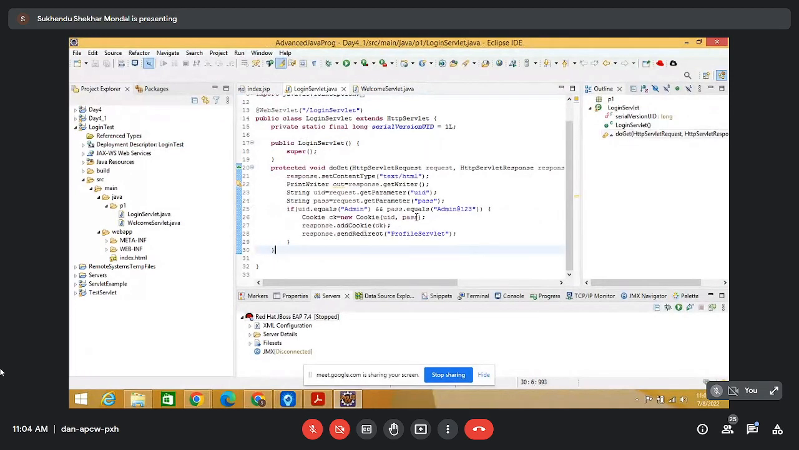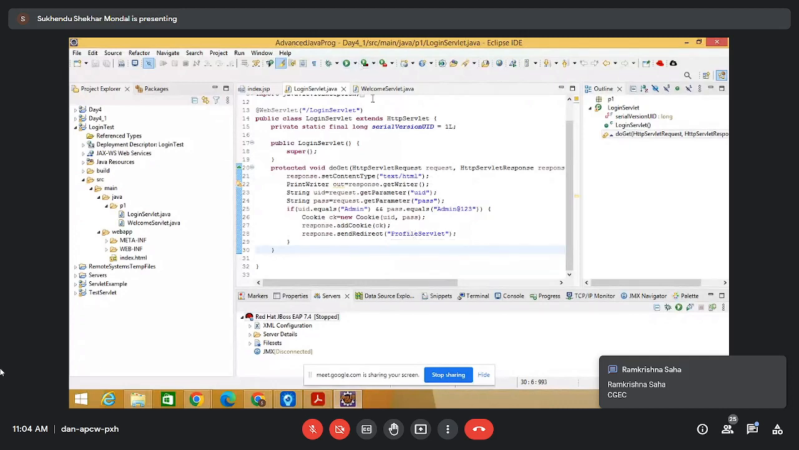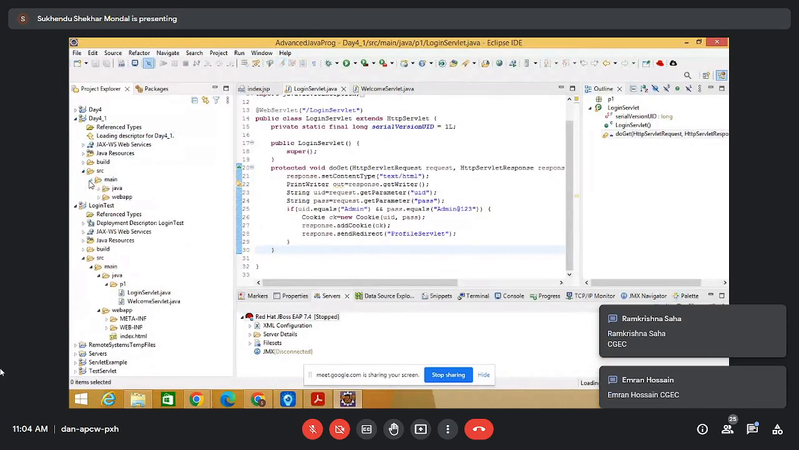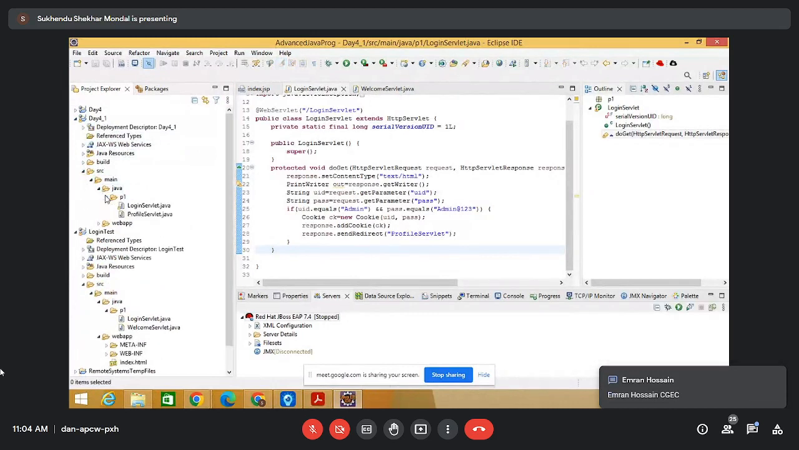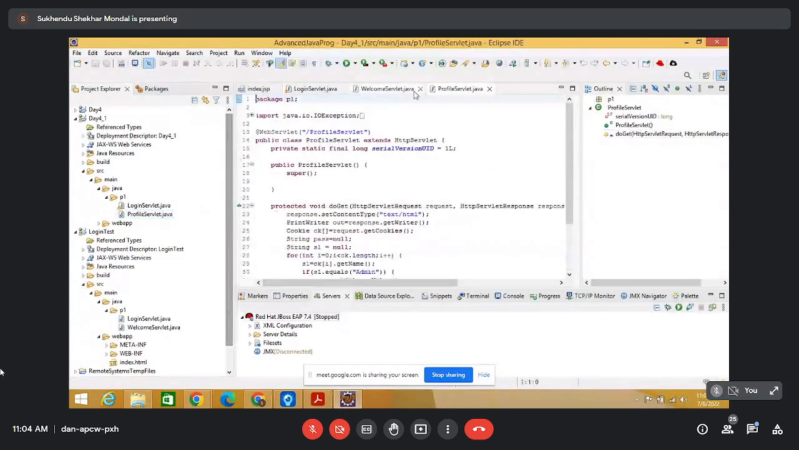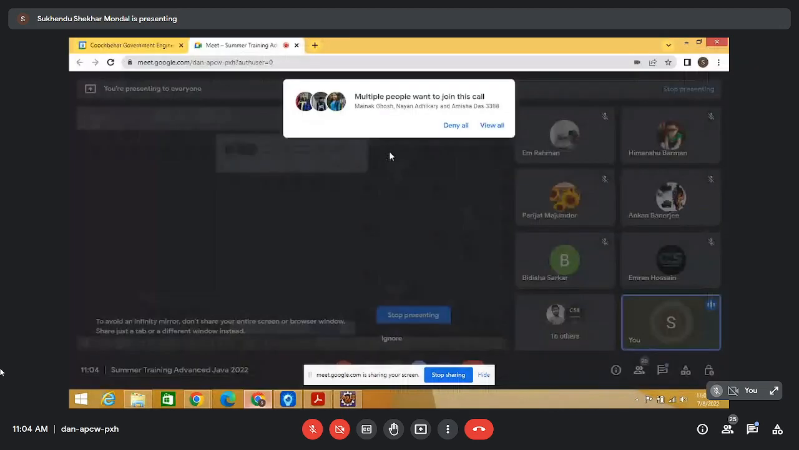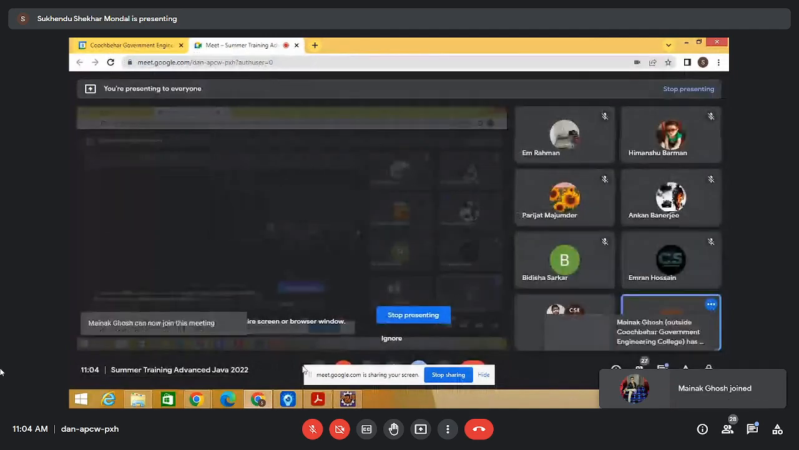So Cookie ck equals new Cookie, response.addCookie, response.sendRedirect, profile dot, sorry, this is profile servlet. This is welcome servlet, that is not there. So I think here maybe a profile servlet. Just a minute. Okay, this one, sorry. This is profile servlet, not this one. So this is our login, not login test. This is 4.1 profile servlet, and here you can see whatever we send as response, okay,